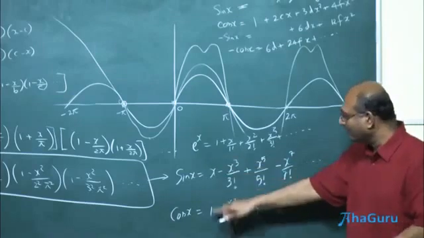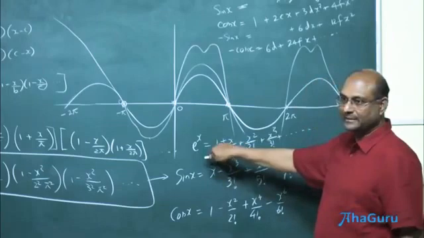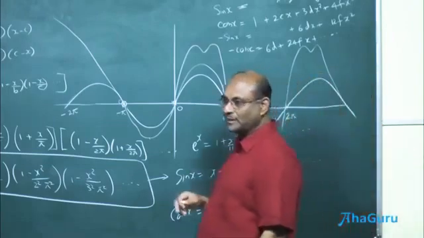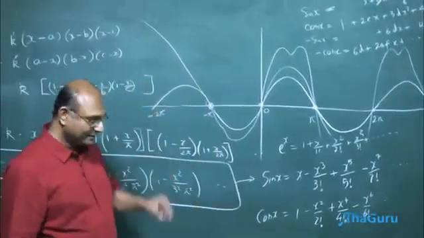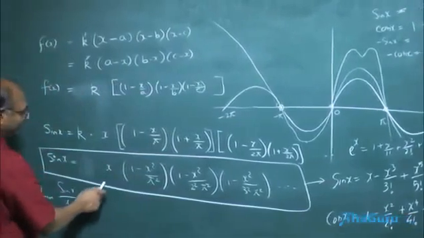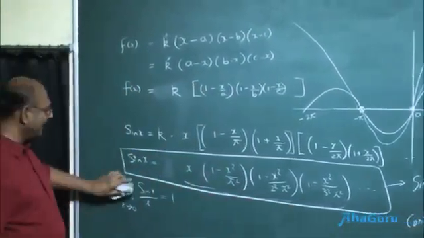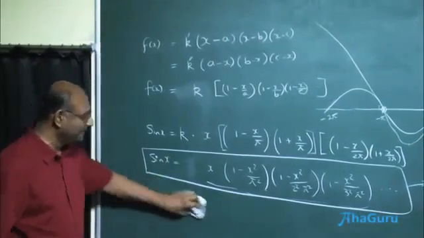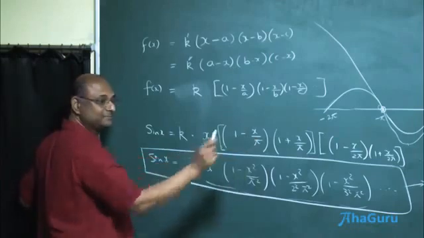It will correctly match out, and you can directly derive the sine function expansion from the e power x expansion, if you know Euler's formula, e power i theta is cos theta plus i sin theta. Anyway, the reason I brought this up is that you can try to directly multiply this. How will I get an expansion for this?